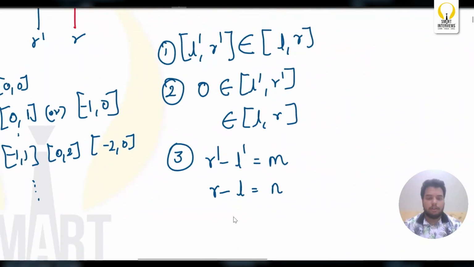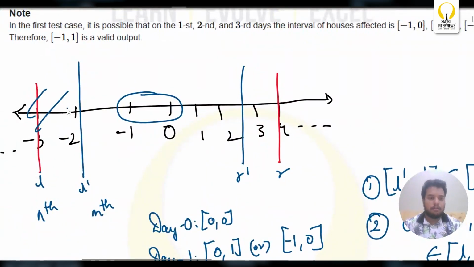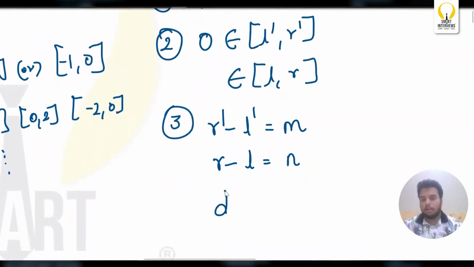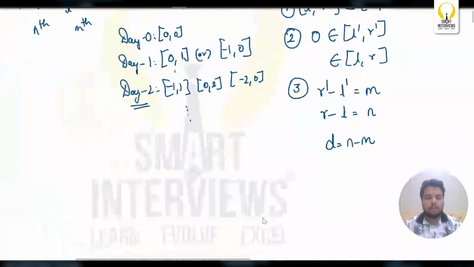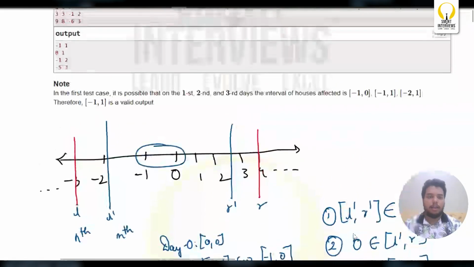And the difference between whatever we need to remove, I am calling it D, equal to N minus M. This D is nothing but, let's say, before we come to D, I can tell that